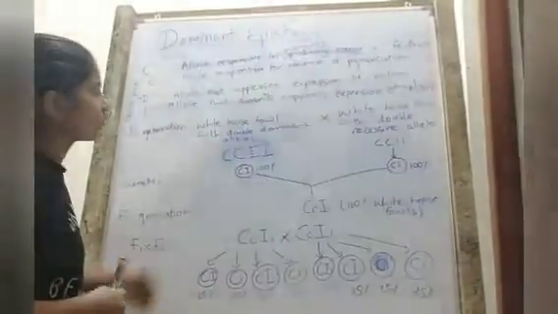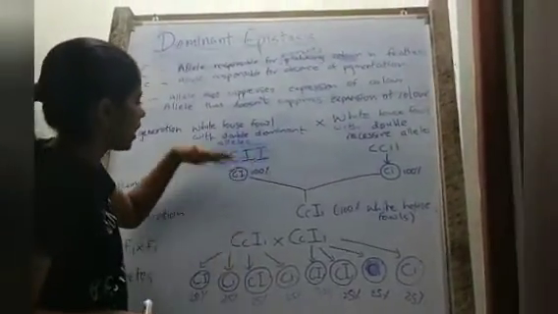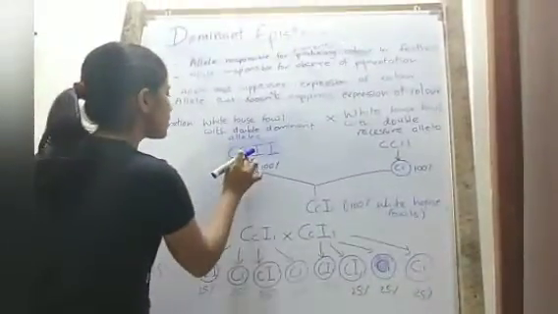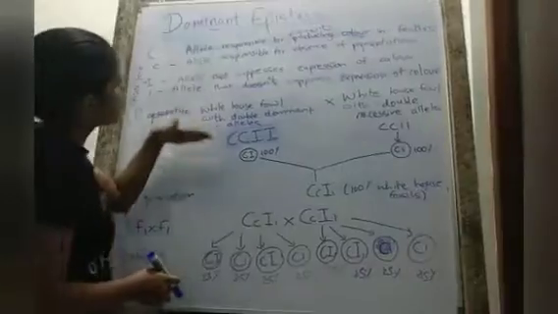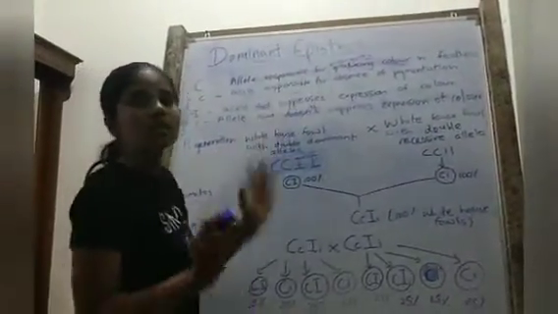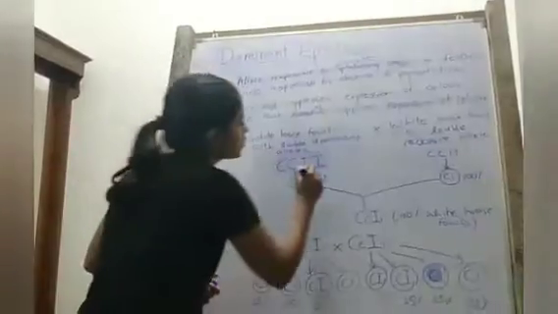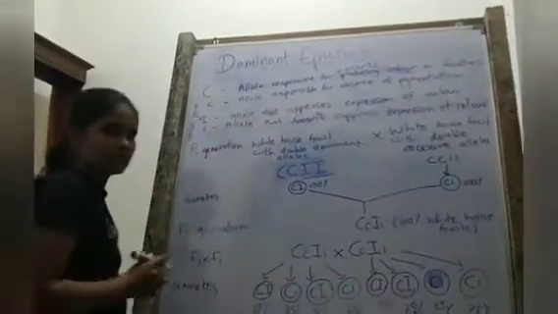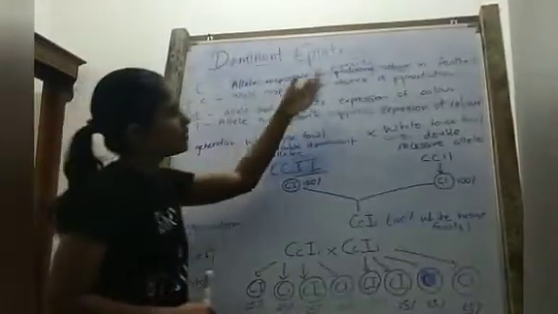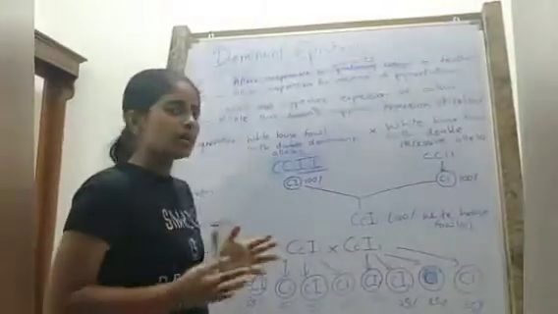This is the parental generation. First we have a white house fowl with double dominant alleles, capital C, capital I. According to the capital C allele, this should have given out color because the capital C allele is responsible for producing color. But the given phenotype is white. This is because the epistatic gene is present. The epistatic capital I allele is present, which suppresses the expression of the color. Hence, the phenotype becomes colorless or white.